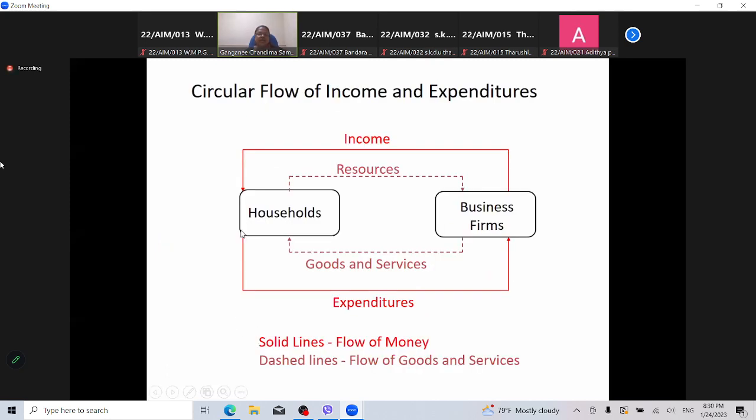It is a somewhat simple diagram. Here all solid lines are just flow of money. Firms give salary to households. Households give money for their goods and services to the firms. So these two are flow of money. Then you can see the goods and services also moving, resources are also moving. But here the money is